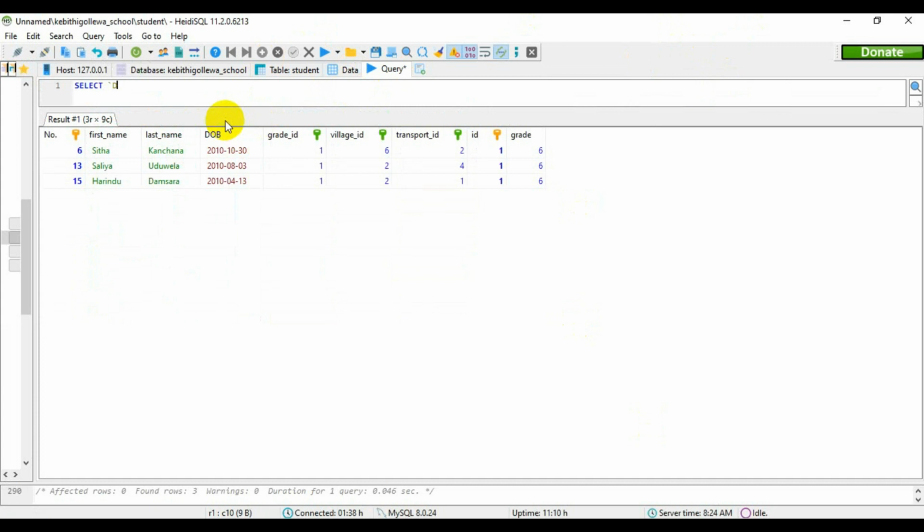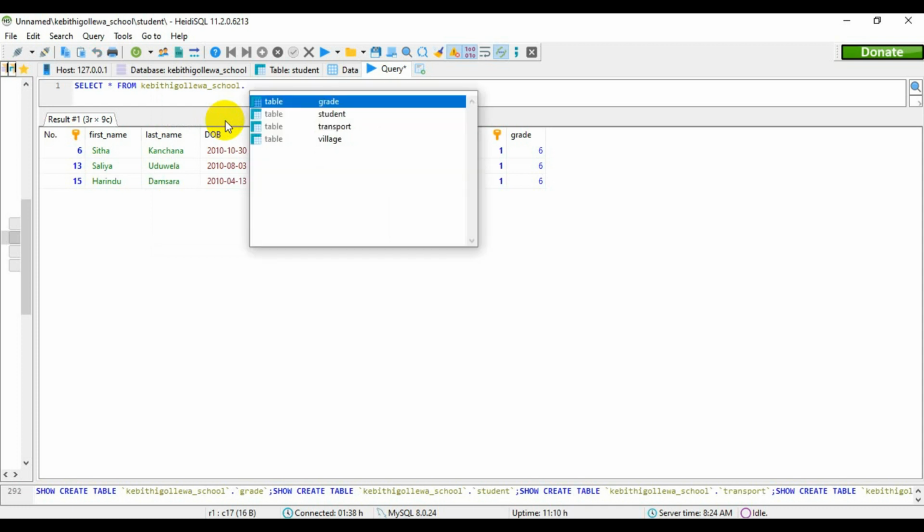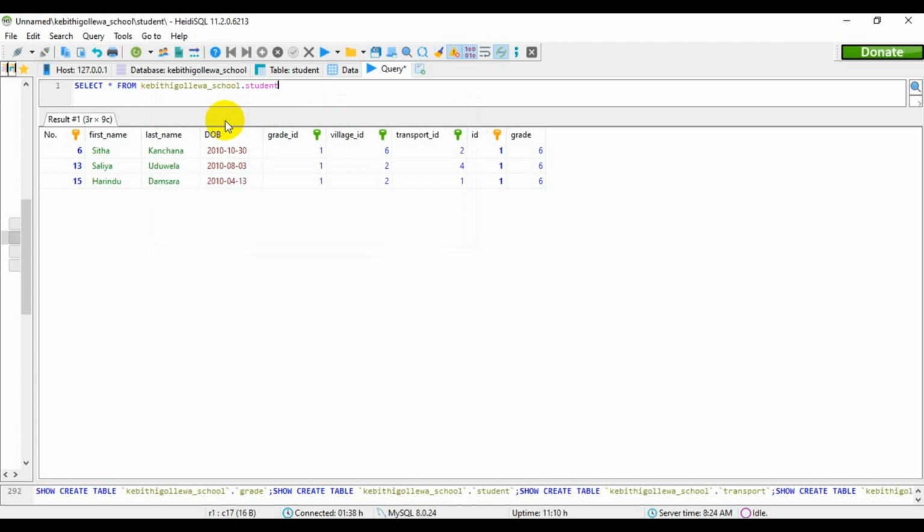First I'll get all the details, then I'll pick out the DOB. Select all from Graphically school dot student